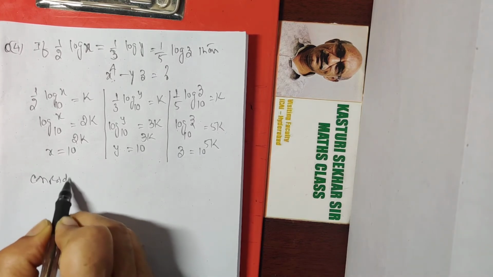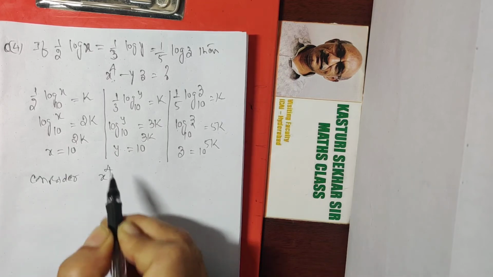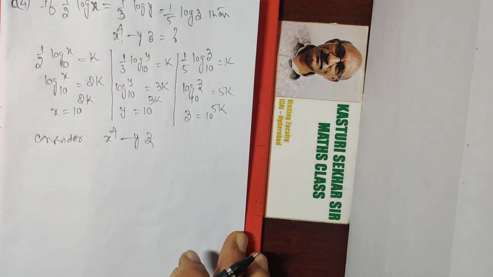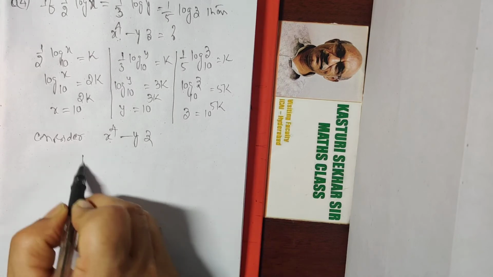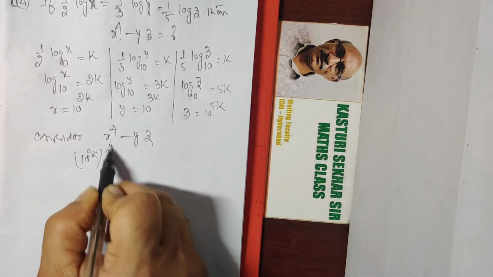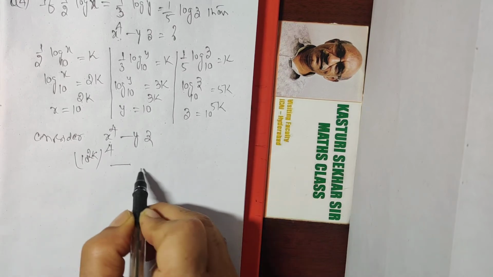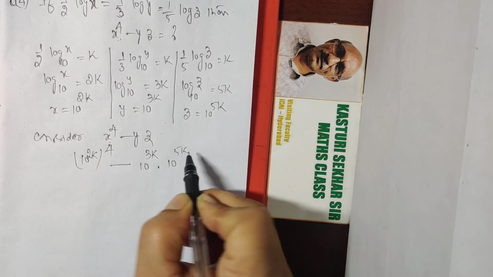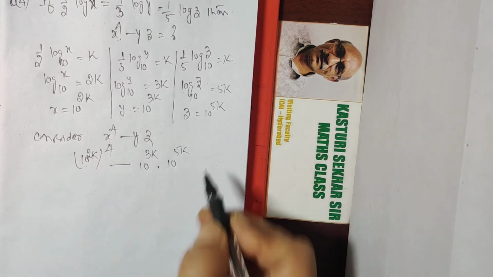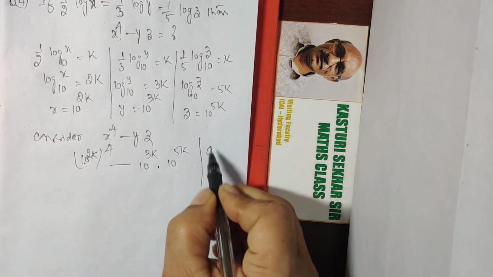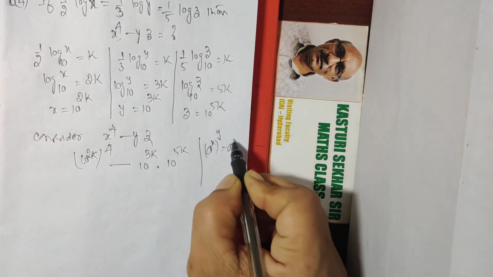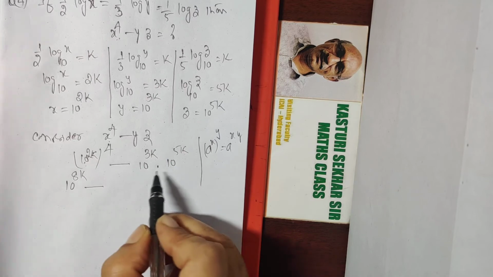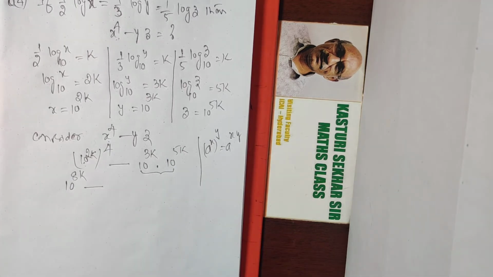Consider x to the power of 4 minus yz. X can be replaced with 10 power 2k whole to the power of 4, minus y can be written as 10 power 3k, z can be written as 10 power 5k. Now this term is of the type a to the power of x whole power y, which can be written as a power xy. 10 power 8k minus, now look at these two,